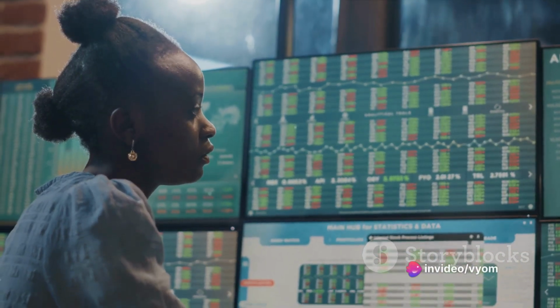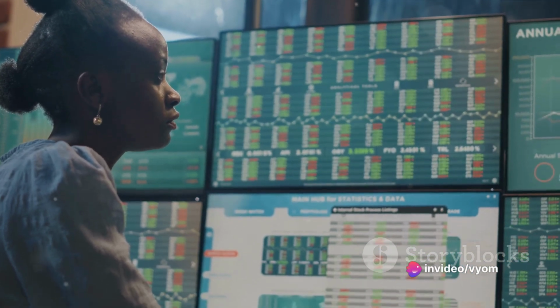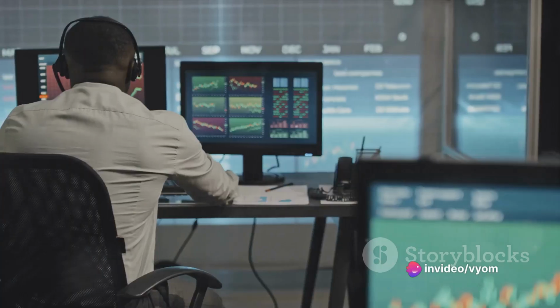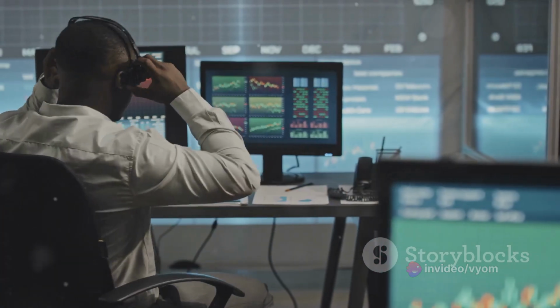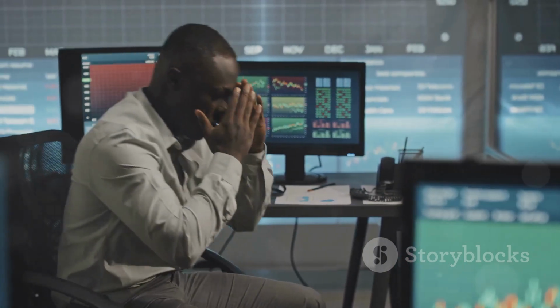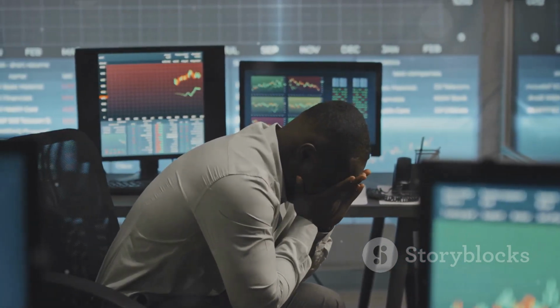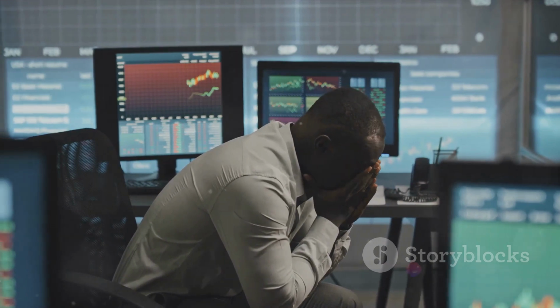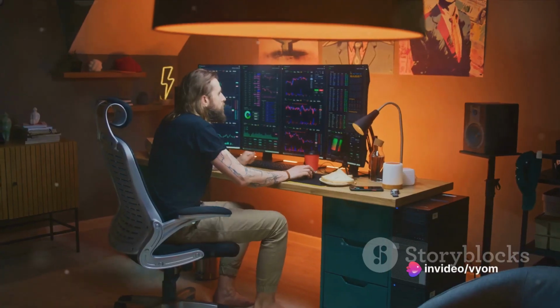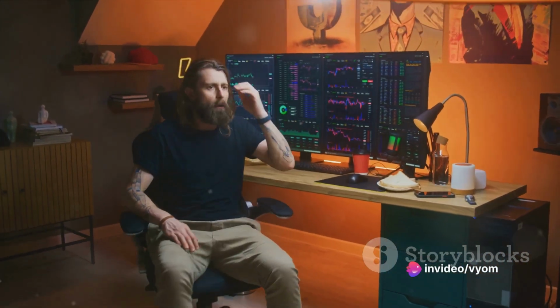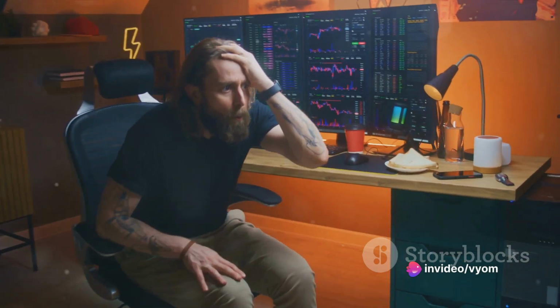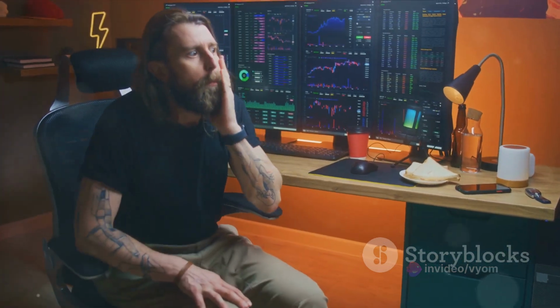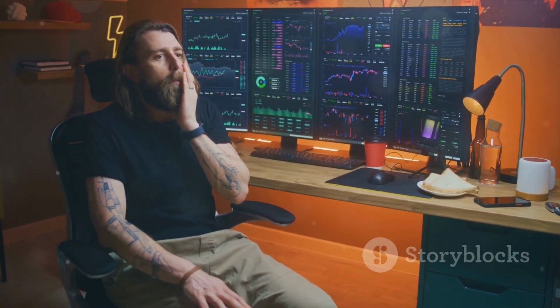A tool that could provide a clear path through the volatility, help identify profitable trades, and reduce the stress of constant monitoring? A beacon of light in the stormy seas of index trading? Enter the Channel Commodity Index. This powerful trading tool could be the solution you've been seeking, offering a way to tackle the struggles of index trading head-on. But how does it work, and how accurate is it? Let's delve deeper in the next scene.